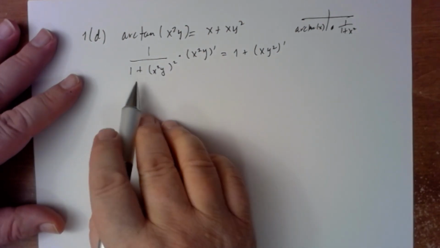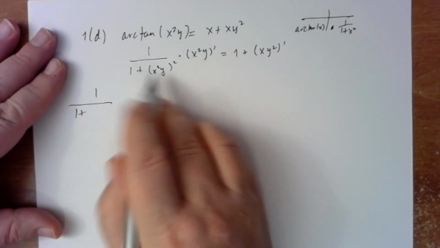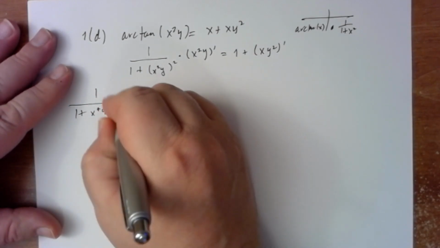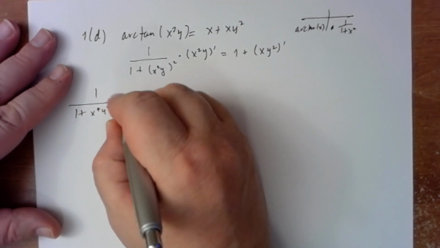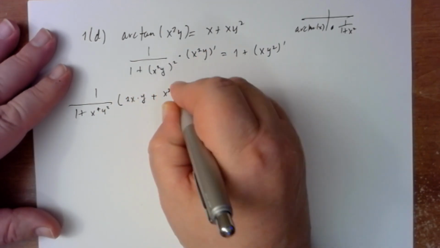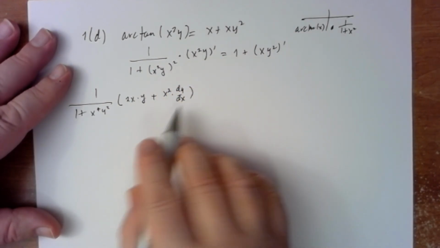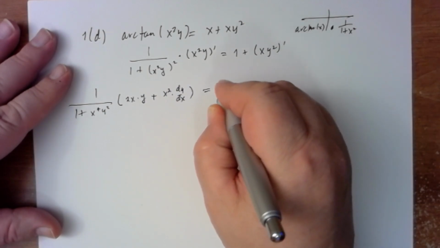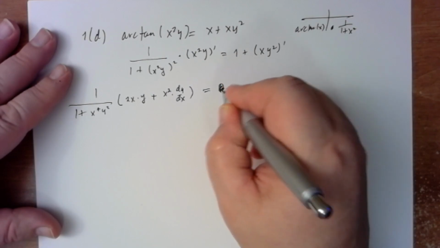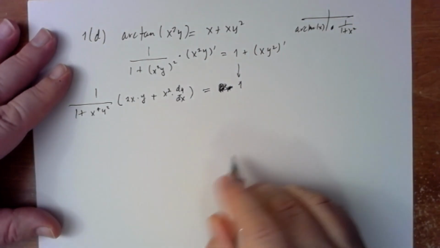Okay. Now to continue, let's see, that's going to be x to the 4th y squared. And now I'm going to differentiate x squared times y. And so that's 2x times y plus x squared times dy over dx. Right, so that's a product rule is equal to 1 plus, oops, that's a 0. No, I've already differentiated that. That's confusing, isn't it? So I'm just bringing down the 1 because that's already been differentiated, and now I need